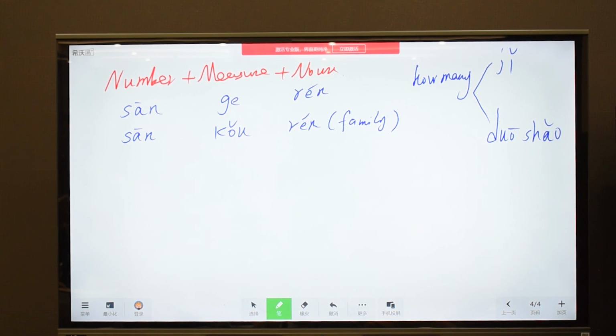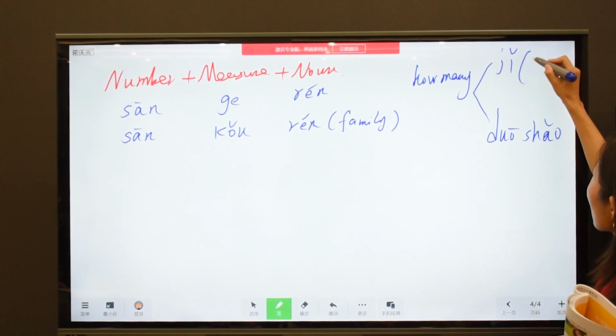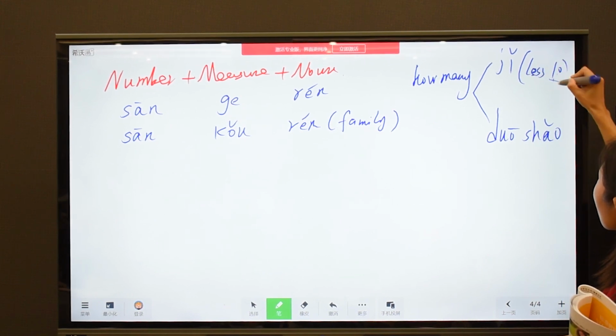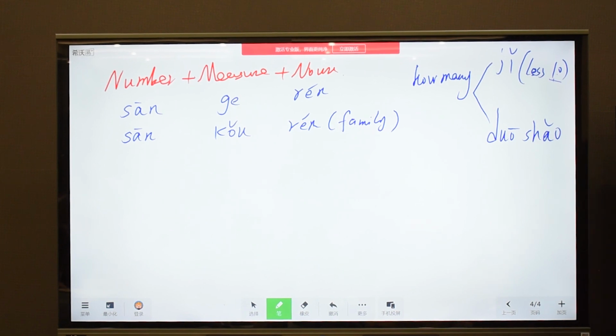So what's the difference? 多少 is for any situation, any numbers. 几 is usually for a small quantity, normally less than 10. That's why here, because now every family is not like before, with so many people, right? Every family maybe has 2 people, 3, 4. Not like before, 20, 30. That's why we use 几口人. So this is for a small number. Normally people use 几 to ask. 多少 doesn't matter. It can be for a small number or a big number. Yes. If you say like this, teacher,